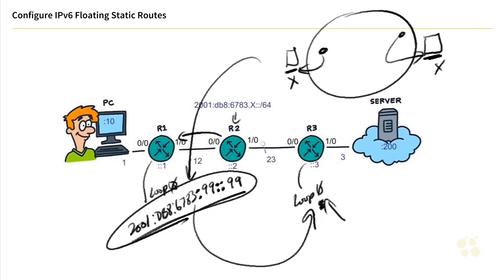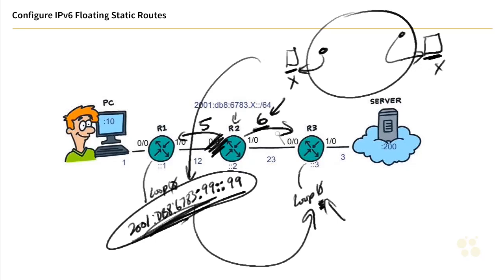But what I'd like to do is let's do an administrative distance on this path of 5. And as a reminder, administrative distance, if there's two equal routes, the one that has a lower, like golf, lower is better administrative distance, that's the one that's going to be used. And the other one, if we created a second route that pointed to R3 to get to that IP address, and we gave it an administrative distance of 6, that becomes a floating static route. So R2 would always go this direction to get to this IP address, unless something happened to this interface or there's a problem, at which point it would then go ahead and use the route that had the administrative distance